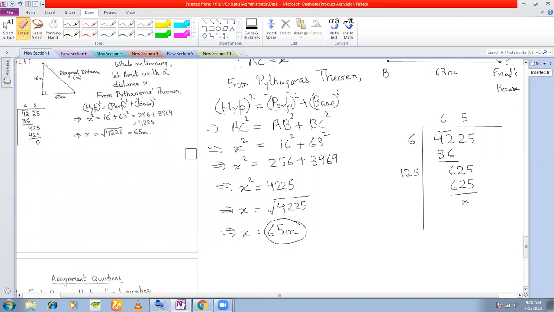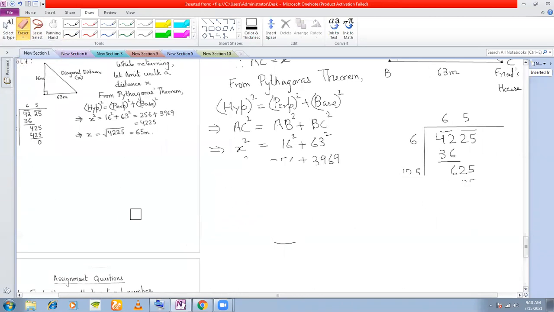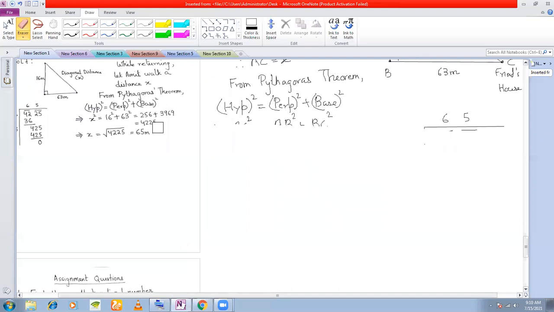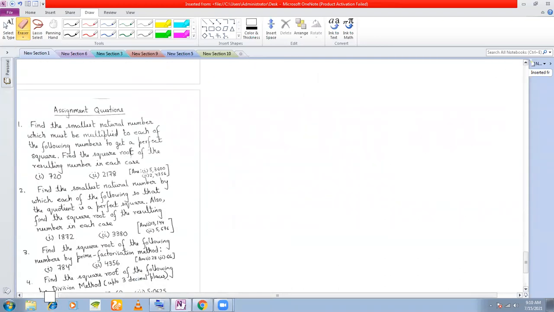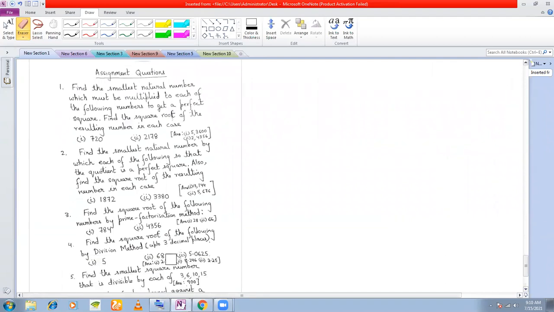No, sir. We move on to the next problem then. In fact, the assignment problems: I'm not going to solve all of them, just maybe one or two or three. That should be okay. You do the others on your own. Someone asked me about a problem from square roots and prime factorization, and I said I will solve it at the end. Does anyone have such a question? Yes, tell me Priyanshu, what was your question?